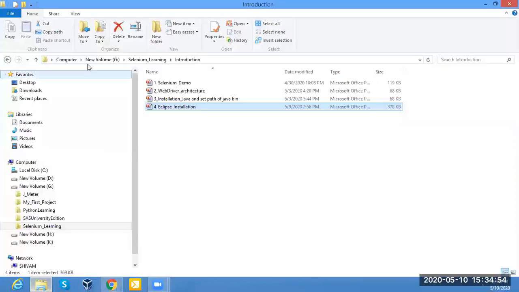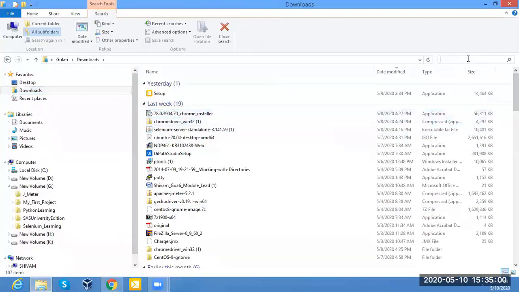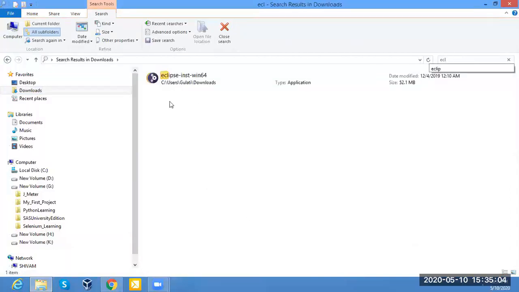Let me show you. In downloads, if I search Eclipse, in your download section, this downloaded file will be available when you download the Eclipse file.